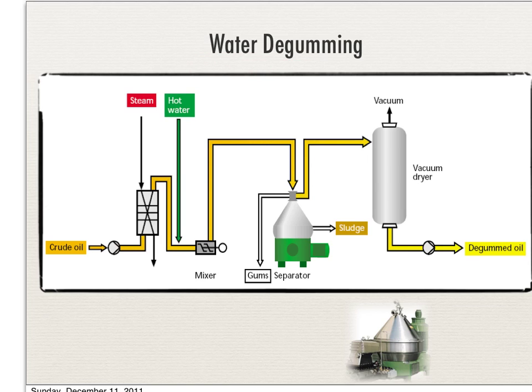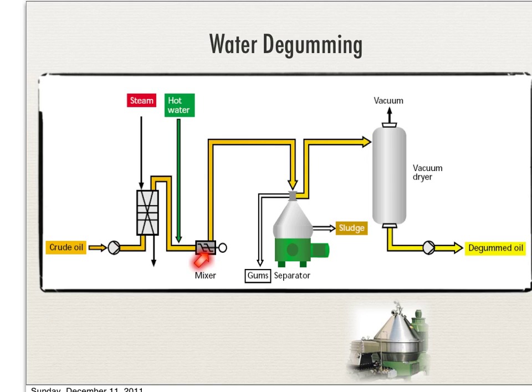Water degumming is suitable if the oil contains a high amount of hydratable phosphatides, for example, soybean oil. So the crude oil will be pumped through the heat exchanger to heat up the oil to the optimum temperature. Then after that, the hot water will be added to the oil. The amount of hot water added is calculated to correspond to the amount of phosphatides in the oil, and it will go to the centrifugal mixer here, and because of the intense mixing, the phosphatides